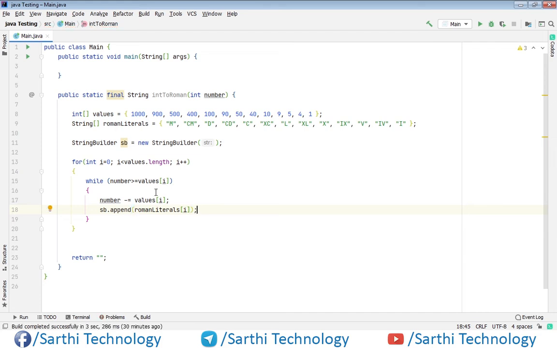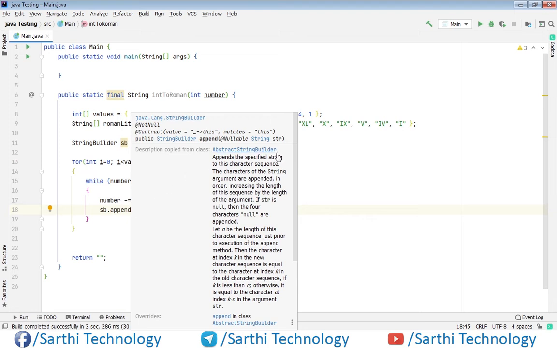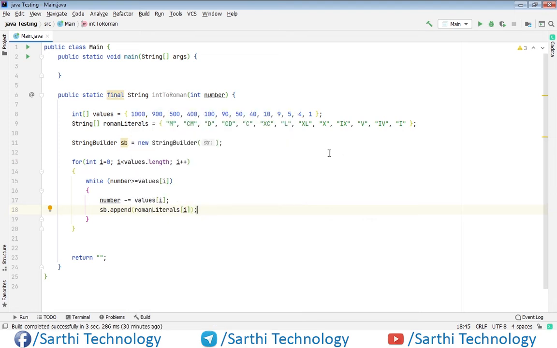Okay, now let's understand what this is doing. Let's take the example of 3. We have the number 3. First this loop will run, and here we will check whether the number 3 is greater than or equal to values i, that is 1000.